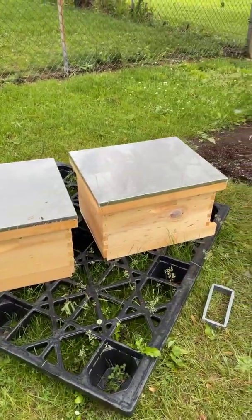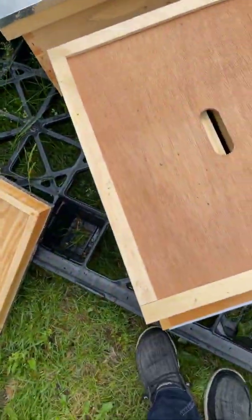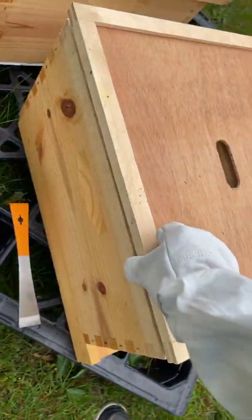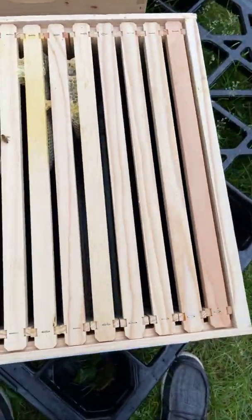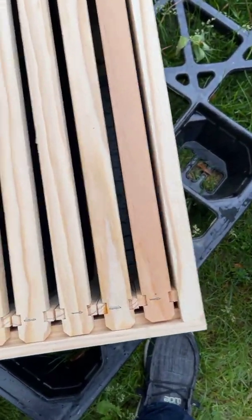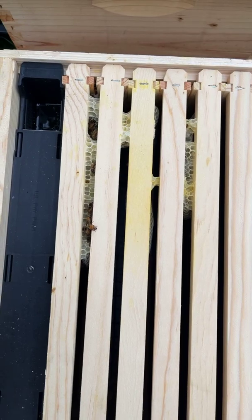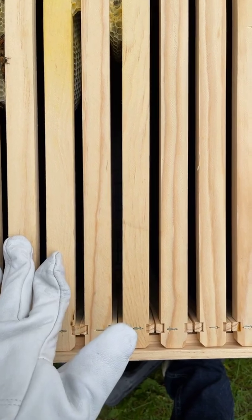Is it still buzzing with you? Get it. This hive is a lot more calm. I do not need the hive tool really much for this because they're not really that active. See, it kind of just comes up. Now, the interesting part about this hive is although they're not as many, not as active, they even had a feeder. I, off camera, took, as you saw from my previous video, there was 3 frames where the bees,